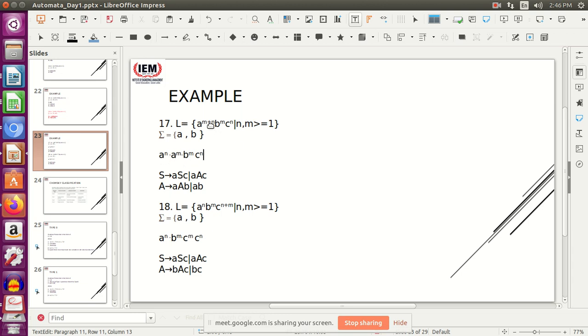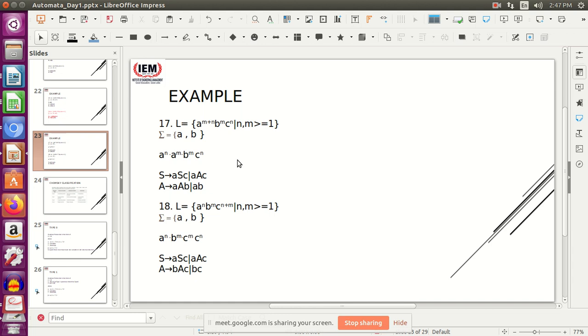Writing A to the power m plus n in this form actually means, if you look at the symmetry, number of A should be equal to number of C, number of A should be equal to number of B. So you will have a series of A whose number should be equal to the series of C's at the end, and again there will be a series of A whose number should be equal to the series of B's.